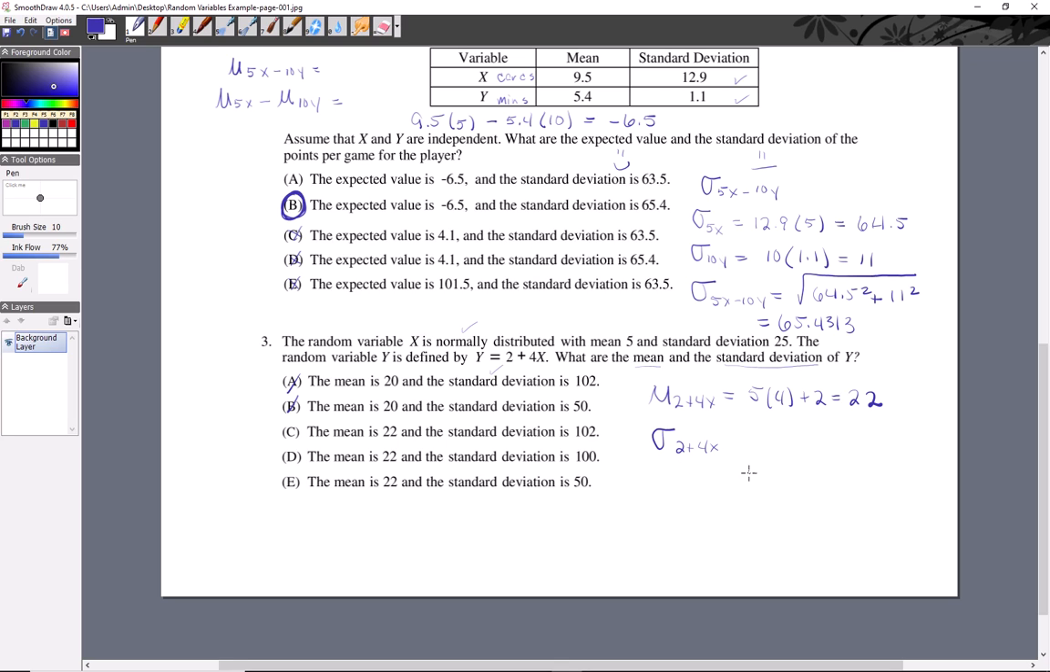All right, so now we need sigma of 2 plus 4x. And remember that the multiplying part will dilate your spread, but the additive part just shifts it left and right on a horizontal axis, which means that the shape of it won't change. So you don't need the 2. That's the A part that really isn't necessary. Okay, so pretty much this is just going to be 4 times the original standard deviation, which is 25,